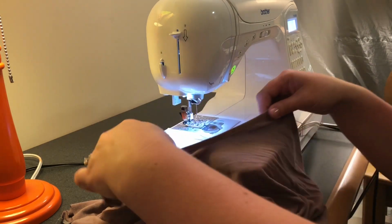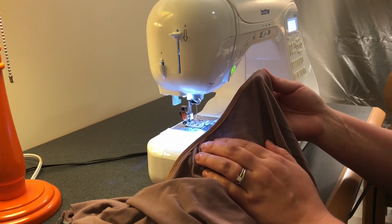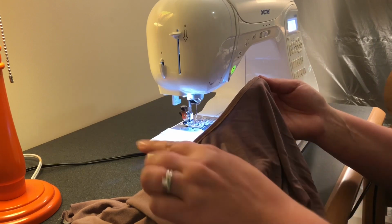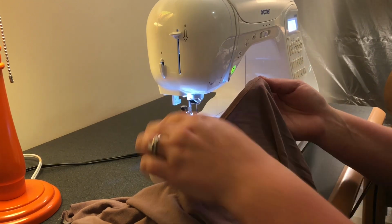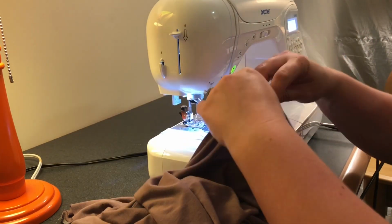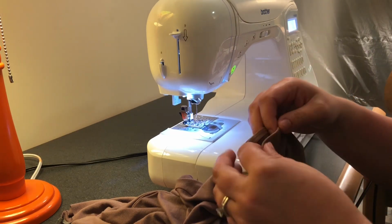Alright, so now that we have the fold over elastic stitched down, you're going to choose which neckline option you want to do. For my daughters, I just kept it like this, so it was a slightly scooped out neckline, but there's also an option to do the V-neck, which is what I'm going to do for mine. So I'm going to fold it in half,